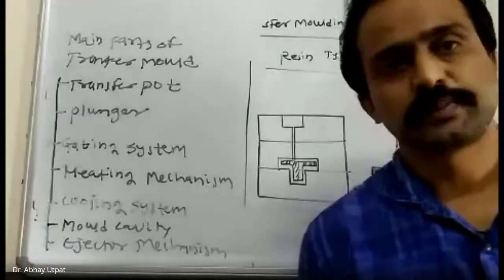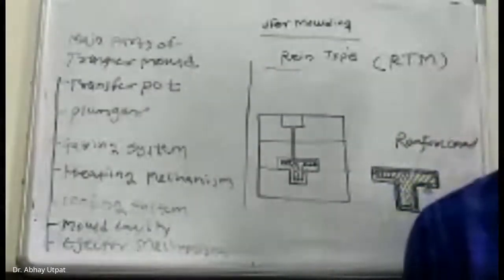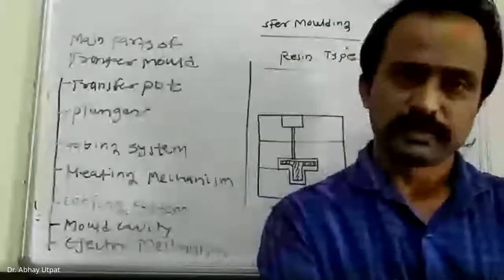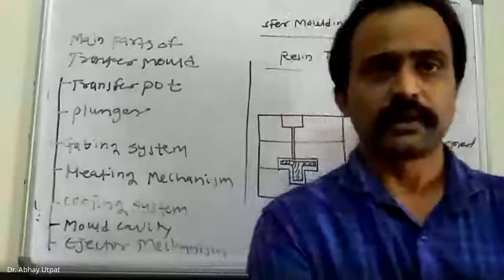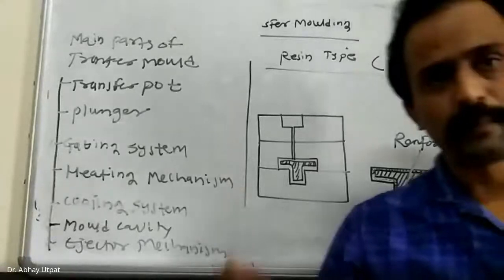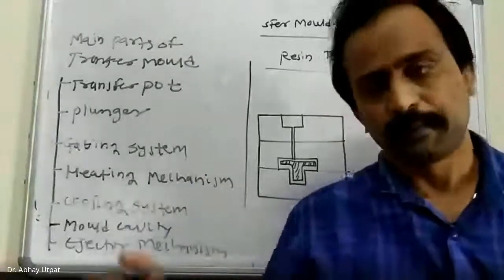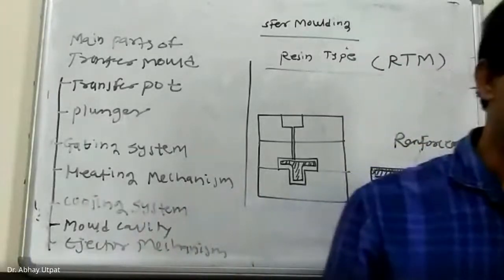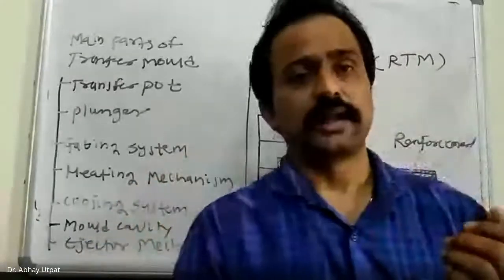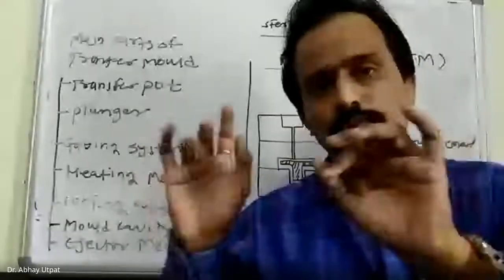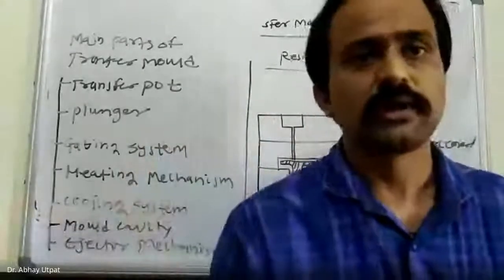Now, last bit of this chapter, what are the automations possible in this compression transfer molding process? You know that there are three concepts. First one is mechanized, second is semi-automatic, and third is fully automatic. Mechanized things are operated by human beings completely. Mechanisms are there, but they are operated by human beings. Semi-automatic stands for 50% automation, and automatic stands for 100% automation, which means completely programmed. You just have to run the program and automatically everything will operate.